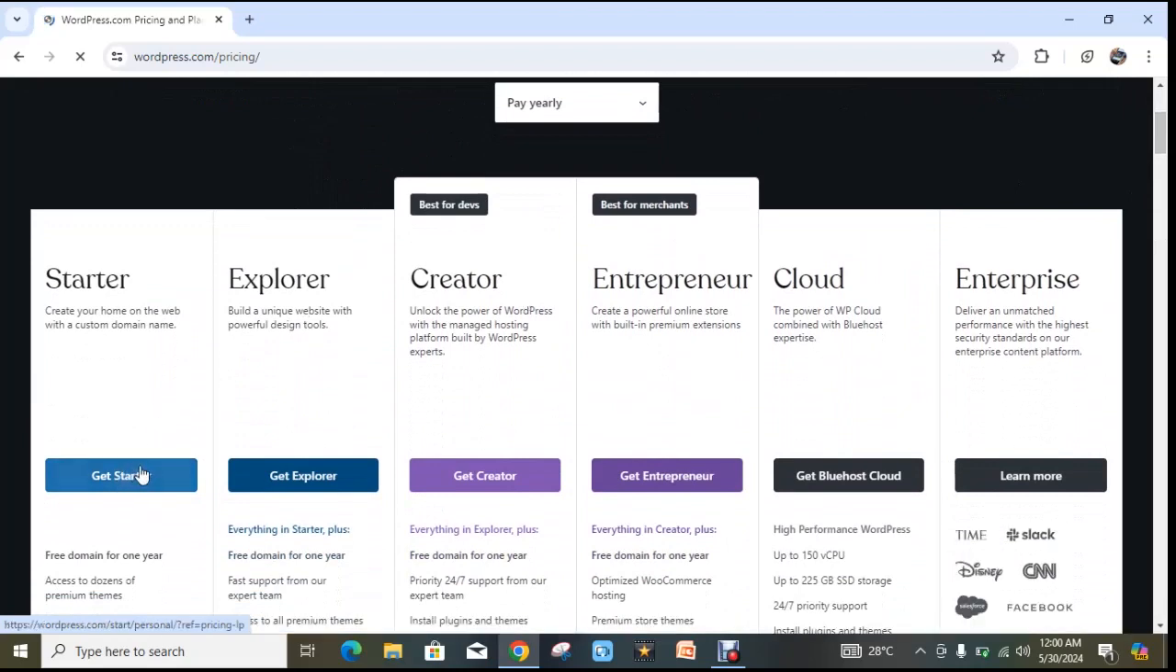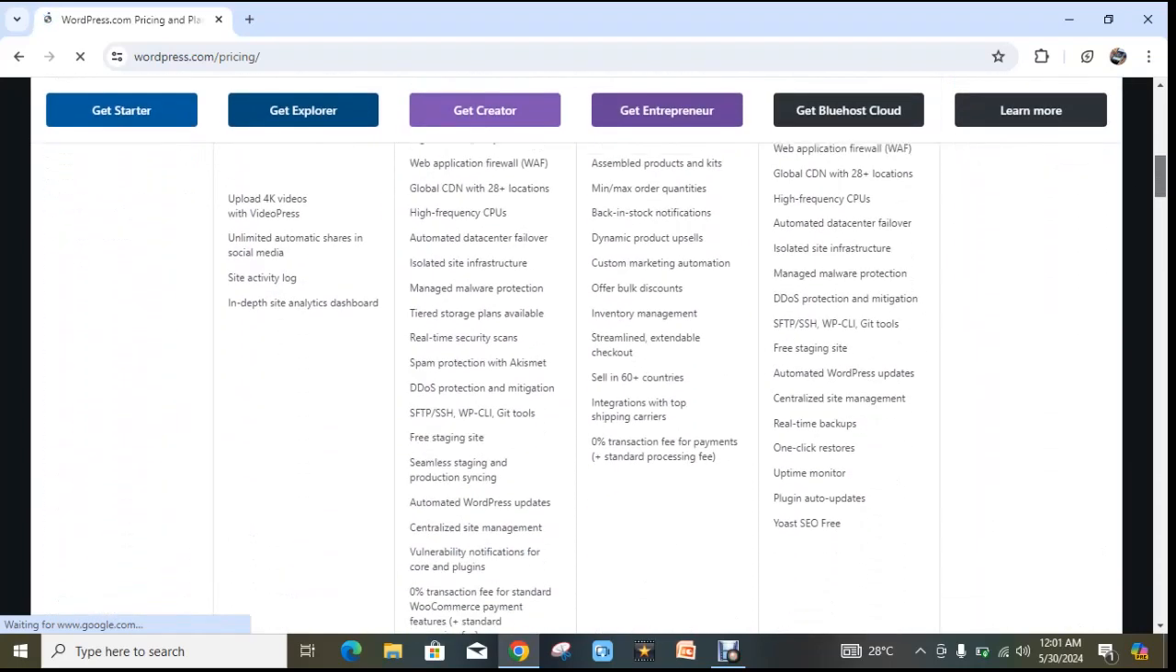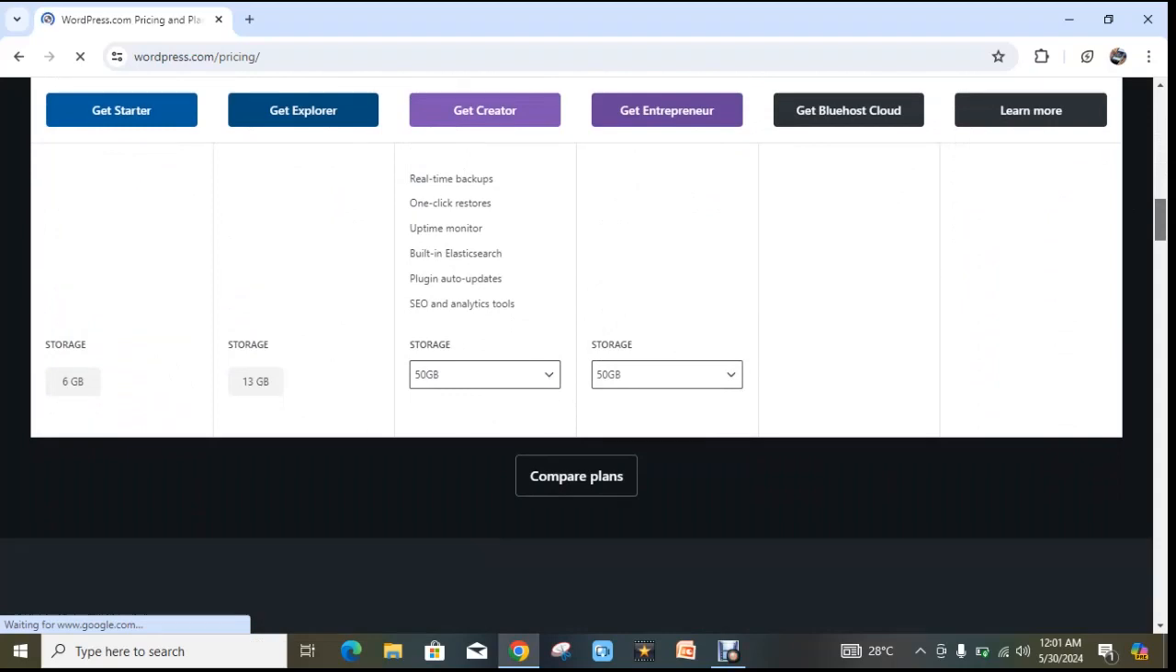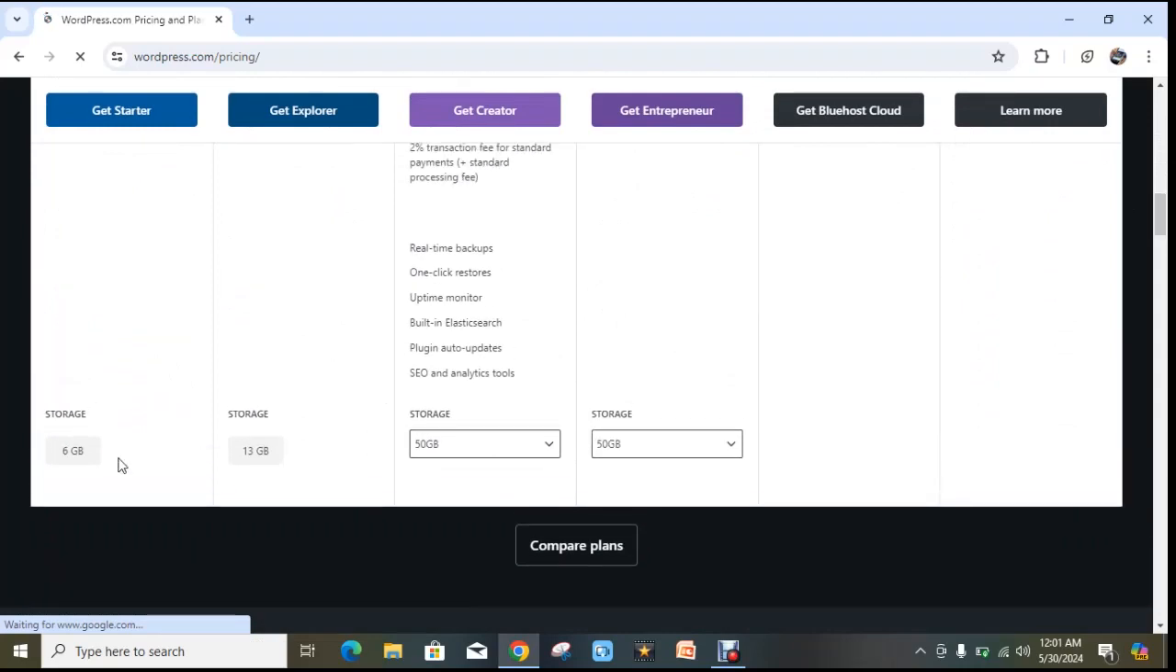This is a typical WordPress plan price. We have different packages, and each one has a different price. And another important thing is the storage. The smaller package has a 6 gig storage, and other ones have up to 150 gig to 500 gig, and